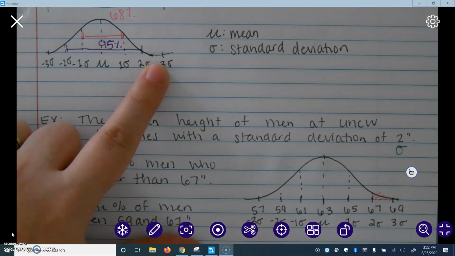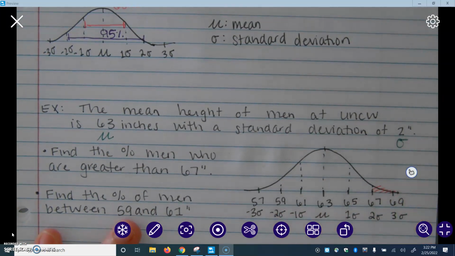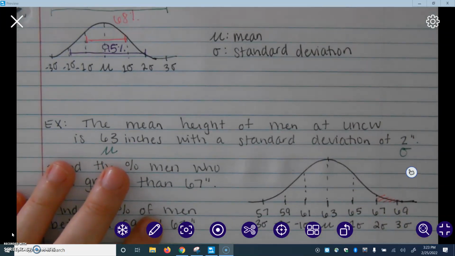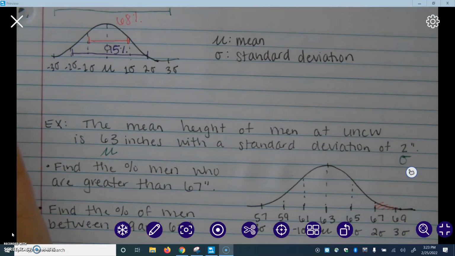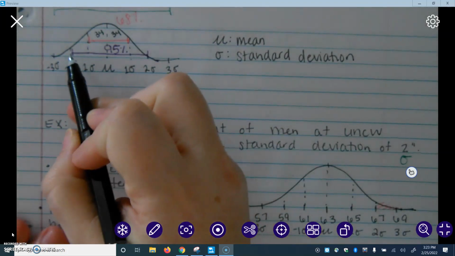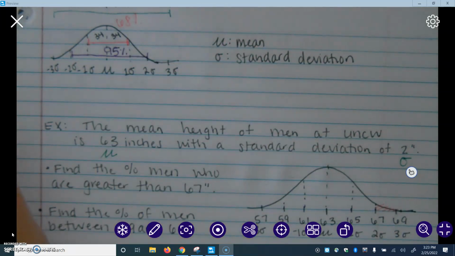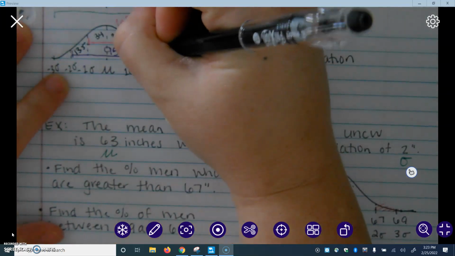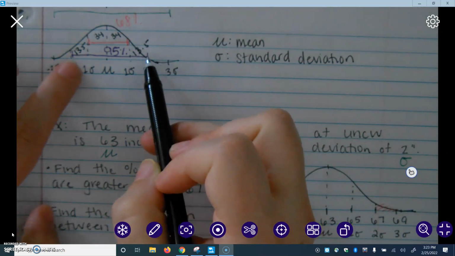So what I would do is split each of these up, and we did this in class at one point, but 68 divided by 2 is 34, and then 95% minus the 68% that's in the middle, and then divide that by 2 means this block is 13.5, and then the 99.7 minus the